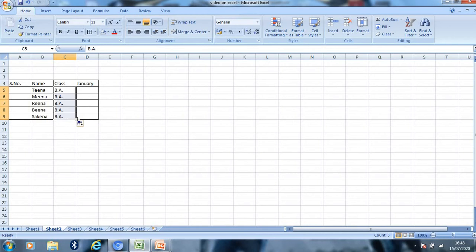The BA is auto-filled in all the cells automatically.